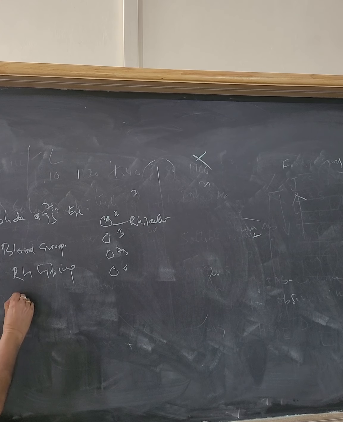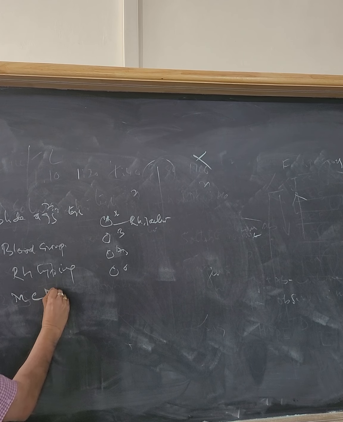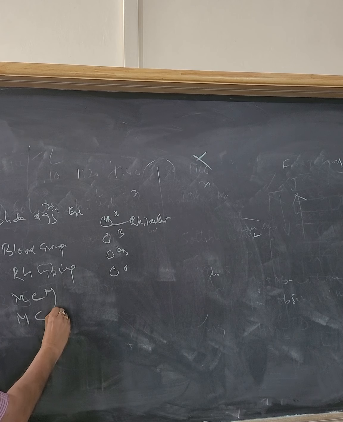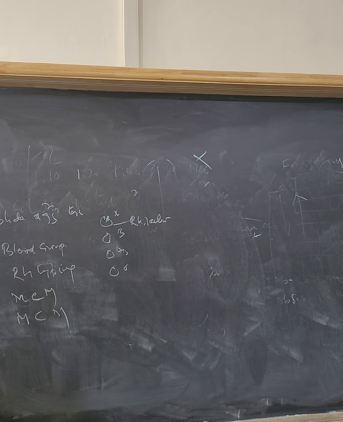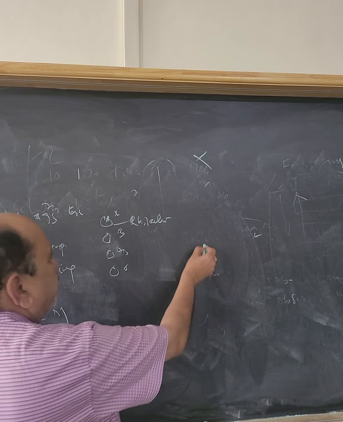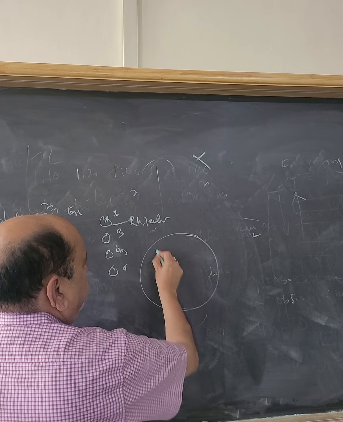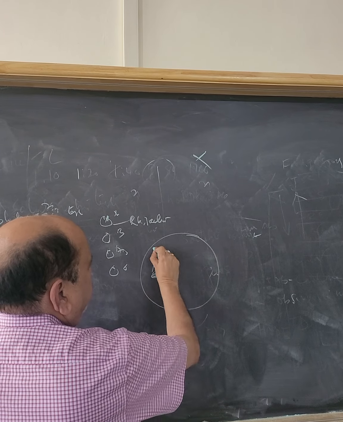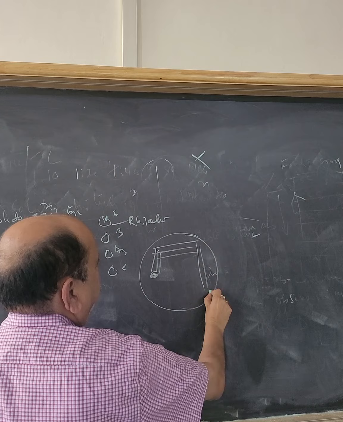Then major cross matching and minor cross matching. In major cross matching, we mix the donor's RBCs with the recipient's serum. In minor cross matching, the recipient's RBCs are mixed with the donor's serum. Then finally, in our lab, whenever we isolate a particular organism in the culture media,